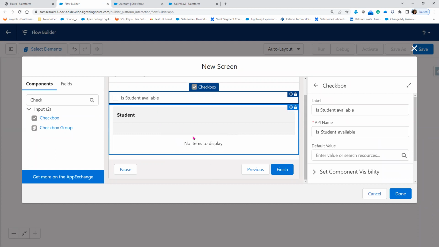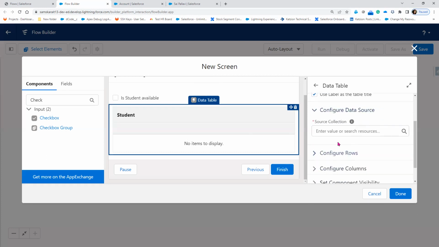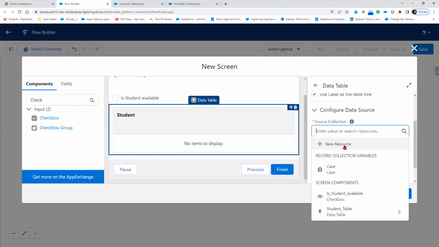That is the scenario. Now, in this case, I have a data table whose name is student table. The label name is student. I'm displaying the label here. Now, let me configure the data. I already have data which is related to the